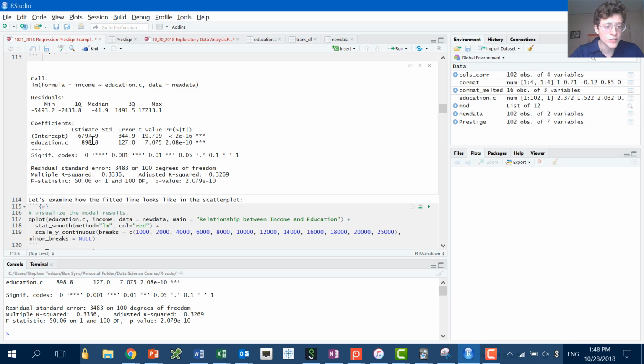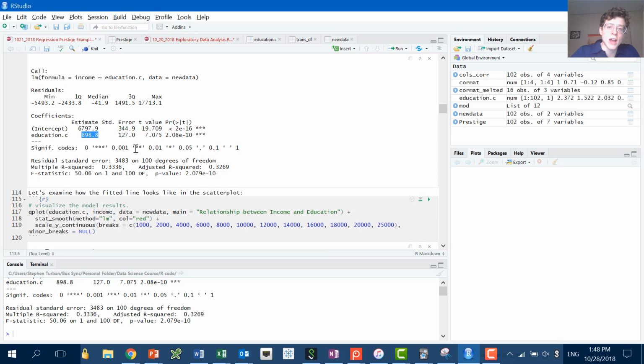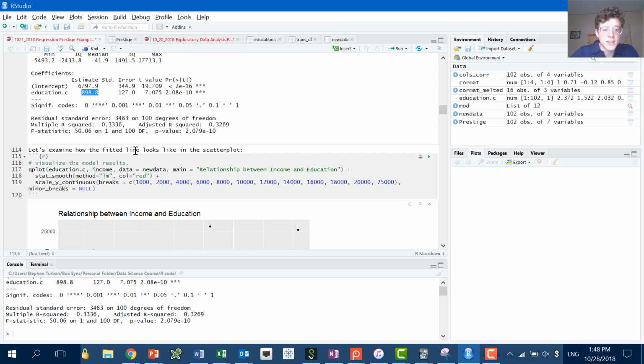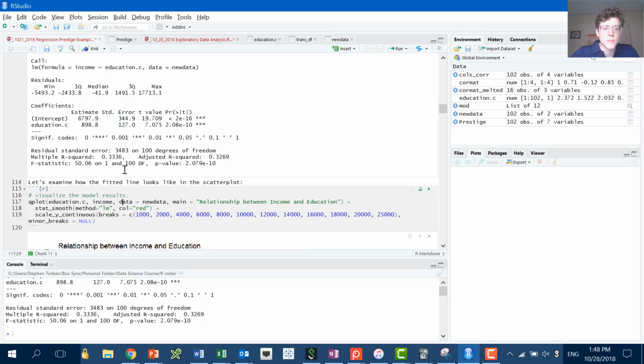And so here we have education. For every year of education, you increase your yearly income by about $1,000 or $900. For an average amount of education, you're expected to get around $7,000. So if you studied for 11 years, in this case, that means probably graduating high school, you would expect $7,000 a year. If you studied more, you could expect about $1,000 more for every additional year of education. A useful line. And this is the how.